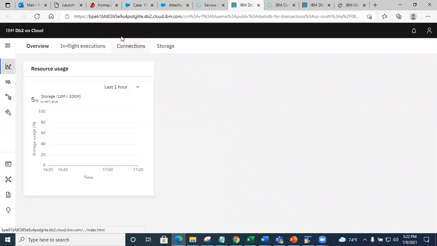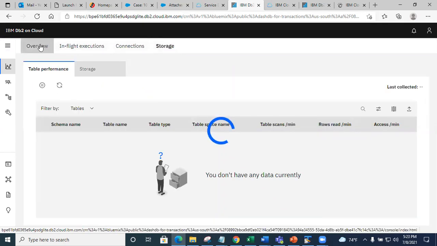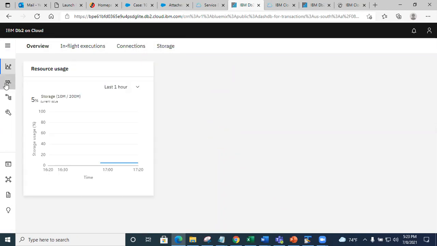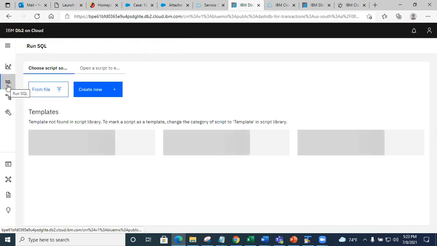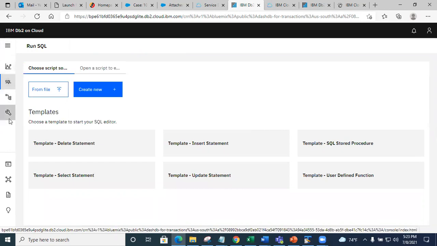What you see different is now it's taking me to the overview page. Okay, no worries. So this is probably going to show you how much storage you're using, not a big deal. Now, this is where you're going to run the queries, right?